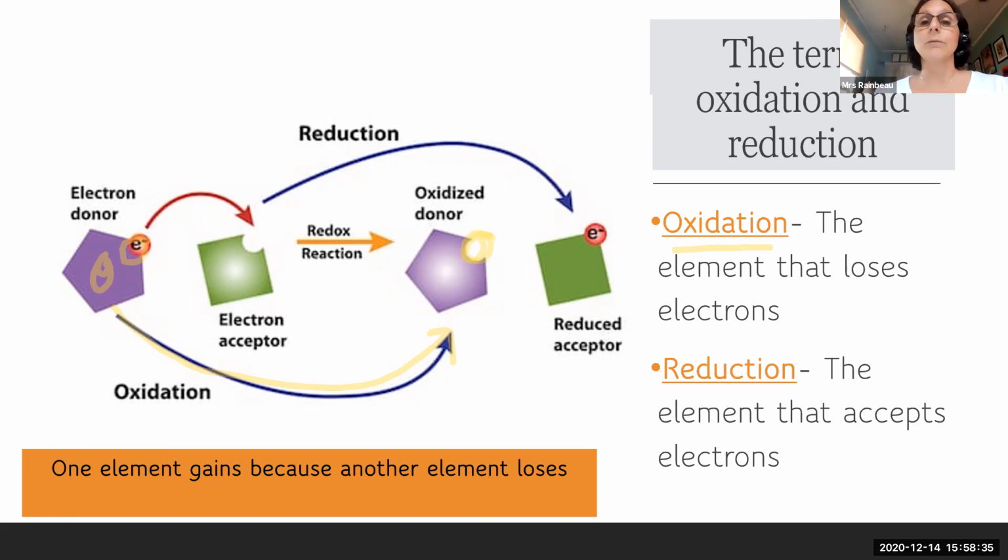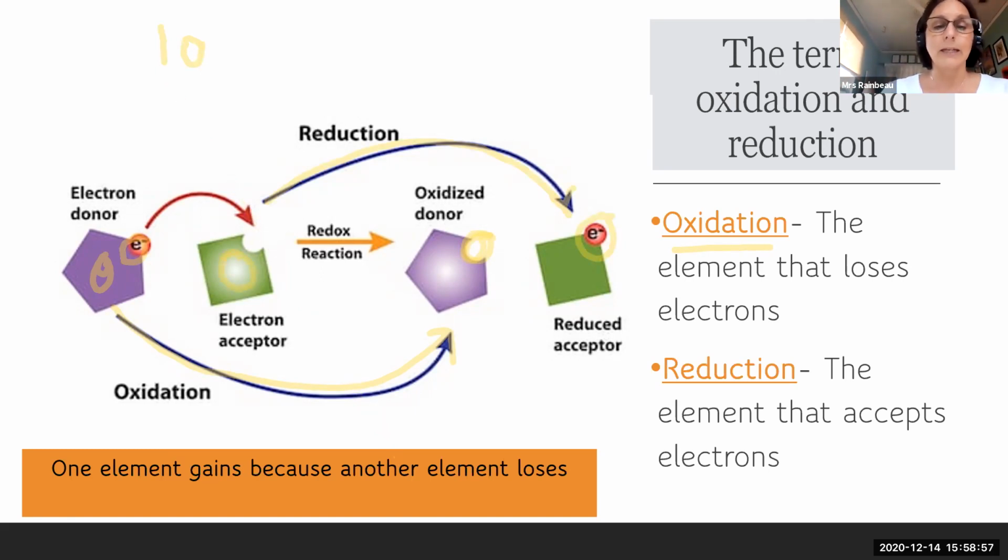If there's an oxidation part, there's going to be a reduction part. So if somebody loses the electrons, that means somebody's going to gain the electrons. And that's this part right here. This guy needs an electron. And so the reduction part of it is he gains the electron. Now this probably sounds very familiar to you, because this is how